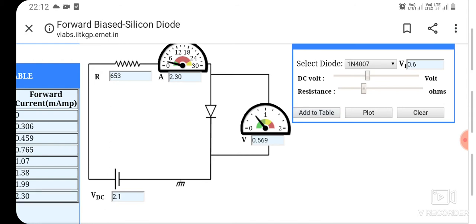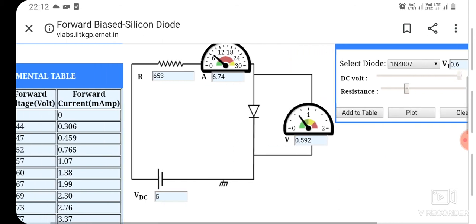Every time you have to click add to table. But be careful, the resistance slider should not be moved. Okay, so we have completed.